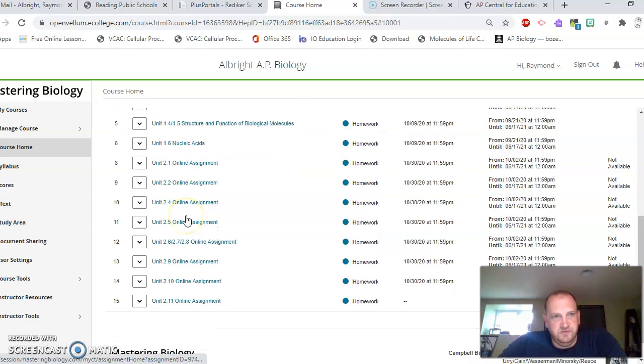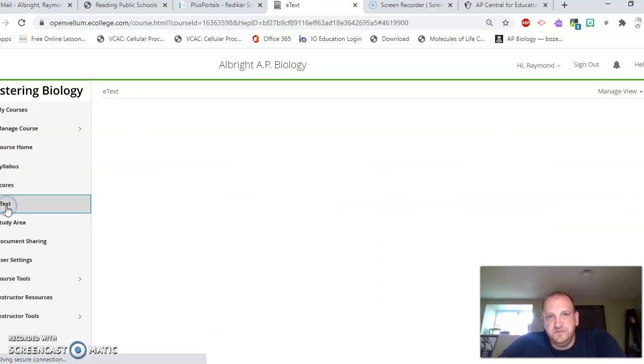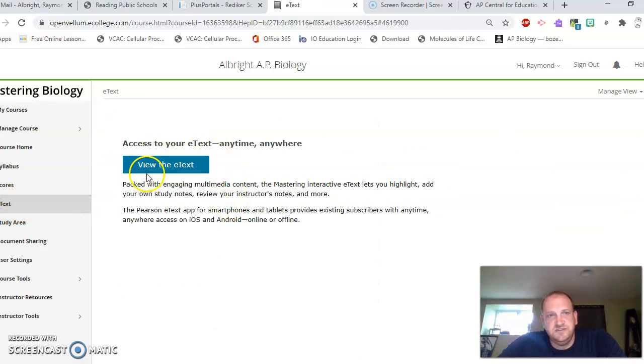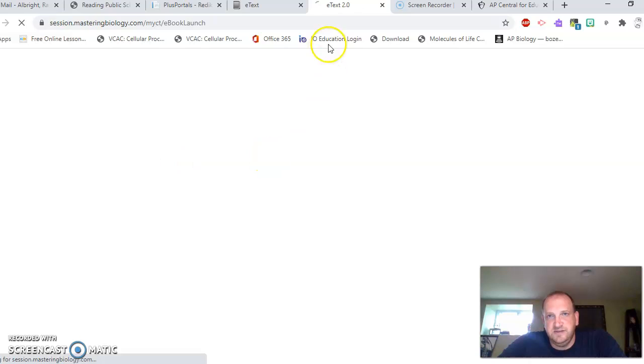The other big thing that you want to do in here is this option that's over here that says e-text. Now, again, I'm assuming for you it's on the left-hand column. It just might look different for me. So when you click on it, it usually takes you to this page. So you click view the e-text. It will open it in another window. And so we have the e-text here